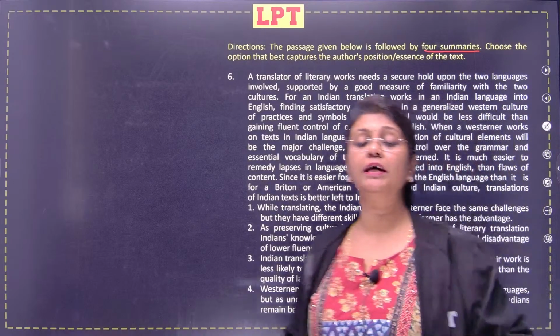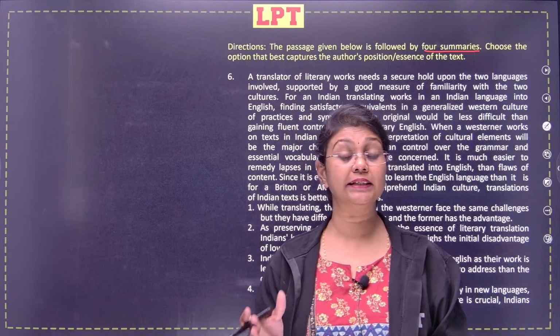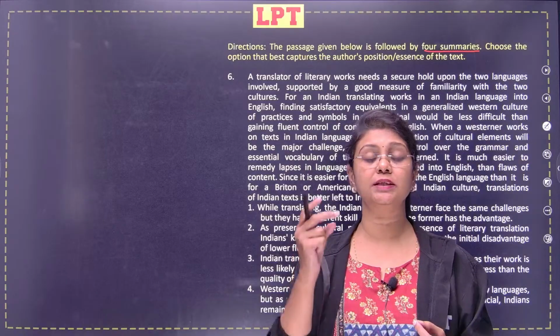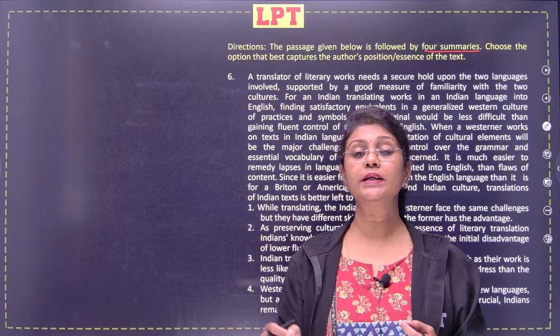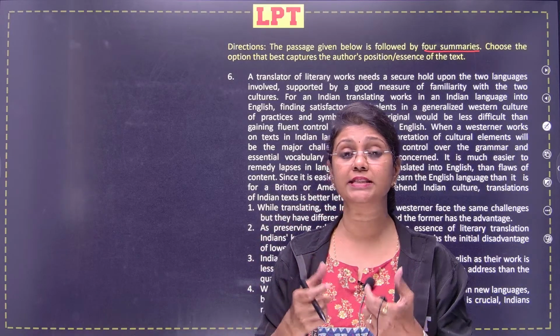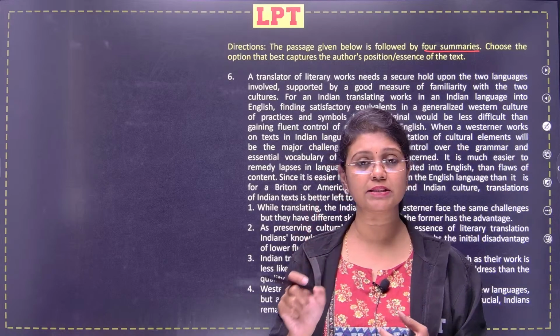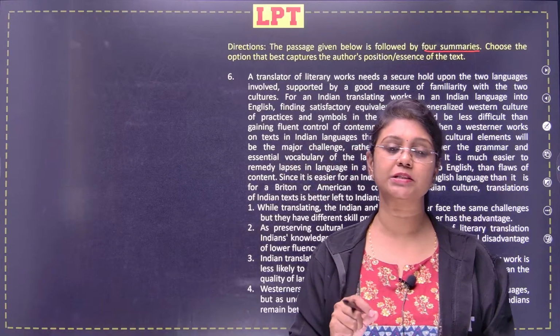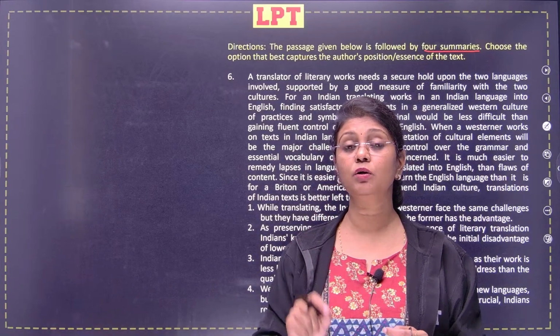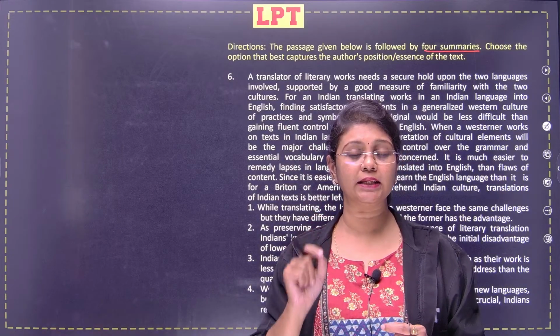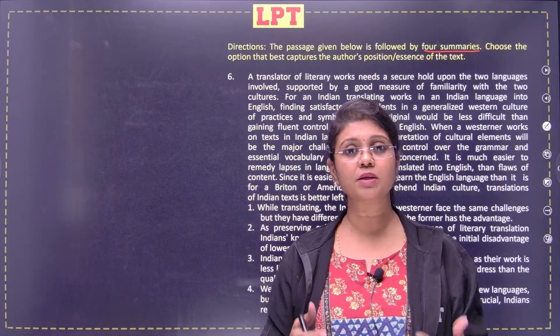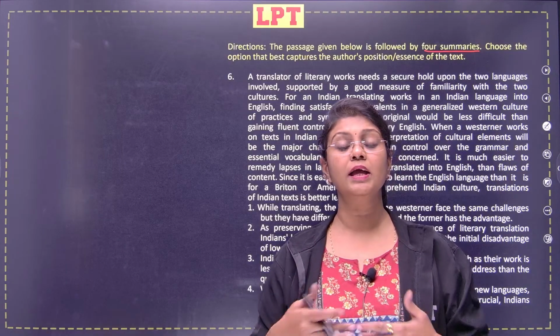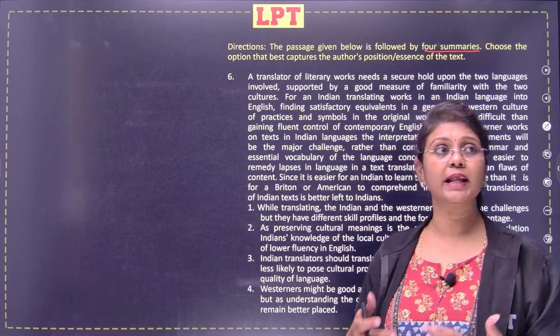Alright guys, so when it comes down to a para summary question, I tell students that a para summary question is based upon 2 traits. One is that you have to identify the essence or the gist of the paragraph that is given to you. And the second important thing is that when you're solving a para summary question, you have to be really good with the option elimination technique. So you should look for flaws as to why other options are wrong, and then you arrive at an answer. So let's read this